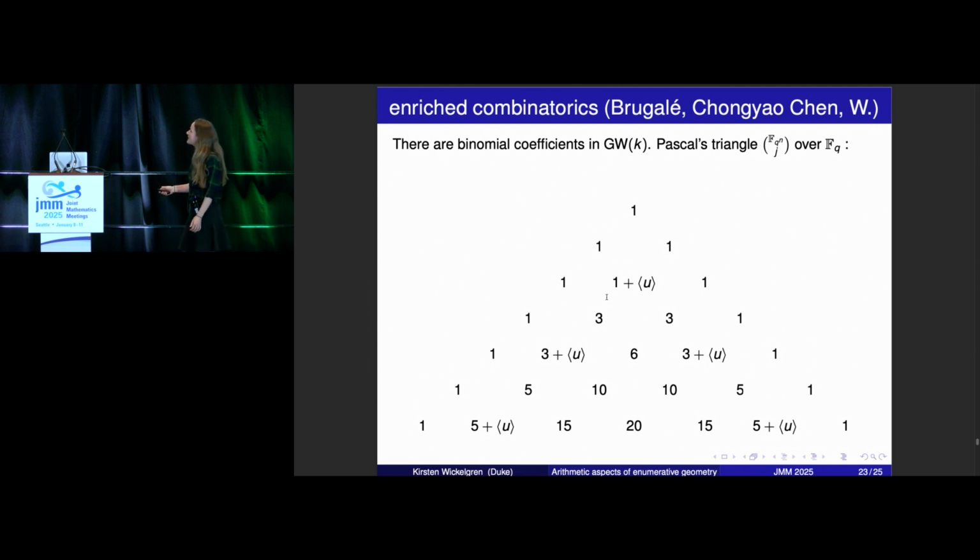So you can define a whole combinatorics in the Grothendieck-Witt group of K. You need some twisted versions, and you need these binomial coefficients. So here's a field extension. And so Erwan Brugallé is joint work with this wall crossing formula. We're going to say that, and Erwan's name actually has two L's. And also Chungyao Chen is doing work on some other formulas for Gromov-Witten invariants, also involving combinatorics in the Grothendieck-Witt group.